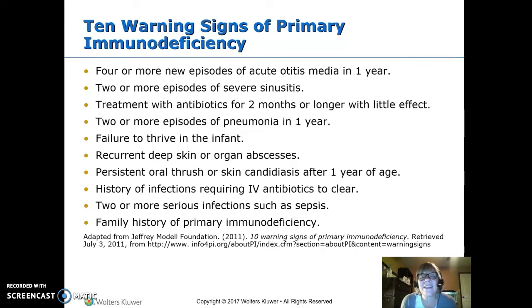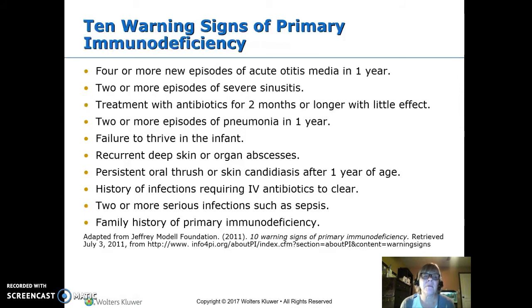Some of the signs that make us worried: somebody who's had 4 or more episodes of acute otitis media, right, ear infection, within a year, 2 or more episodes of severe sinusitis, treatment with antibiotics for 2 months or longer and it hasn't worked, 2 or more episodes of pneumonia in a year, an infant who's not growing well, failure to thrive, recurrent deep skin or organ abscesses, persistent thrush, right, in the mouth or on the skin